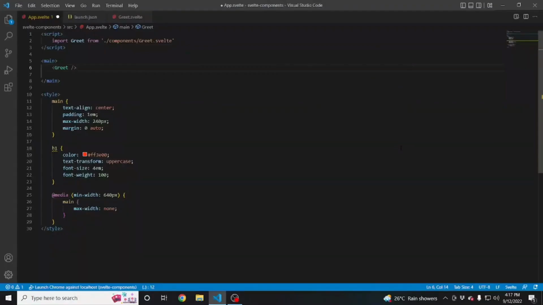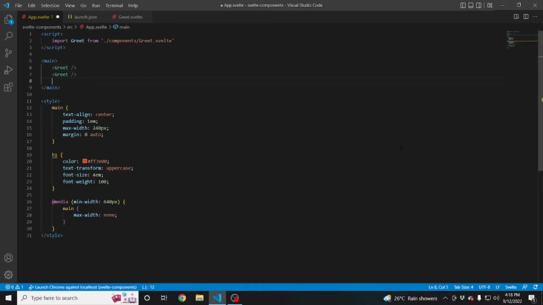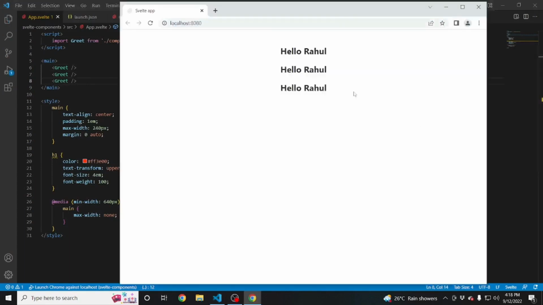In the previous video, I mentioned that components are reusable. So you can create a component that returns any HTML you want to and include it in any part of your application. For example, let's say we need to reuse this greet component. All you have to do is include the greet tag as many times as you want to. If I duplicate it twice, save the file and take a look at the browser, you can see "Hello Rahul"